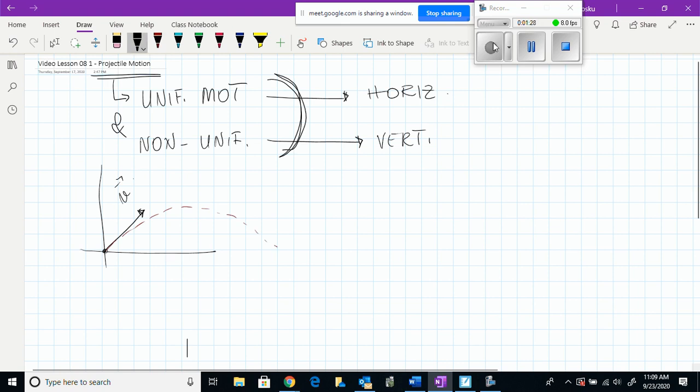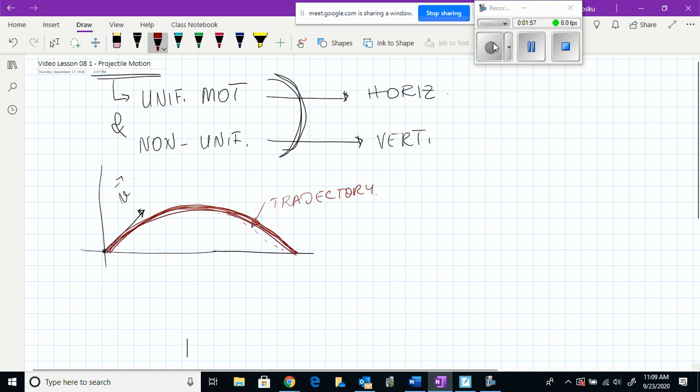In physics this is known as the trajectory of the object, and it is actually a parabola. You have seen this in math. It is a quadratic function